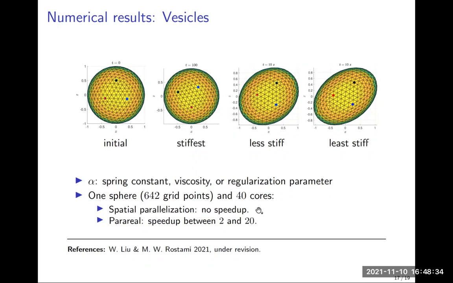This is again an overkill if you're thinking about spatial parallelization. Just way too many cores, way too few grid points, so no speed up if you use spatial parallelization. And for parareal, again, we gain speed up between 2 and 20, depending on how accurate you want the solver to be. Remember, the solver is iterative, so if you perform more iterations, it's going to get more accurate, but then the speed up is going to decrease. All right, so this is a second type of swimmer that we've considered